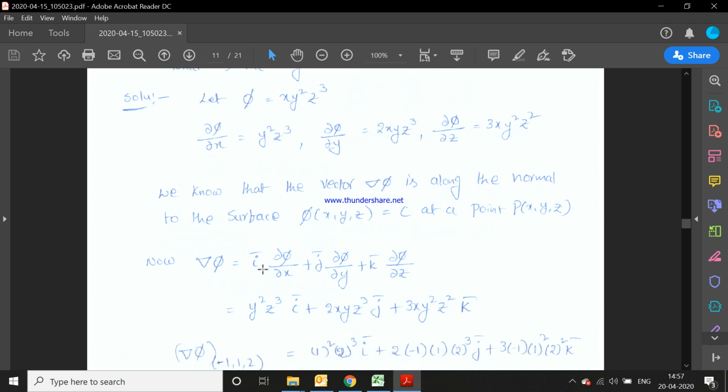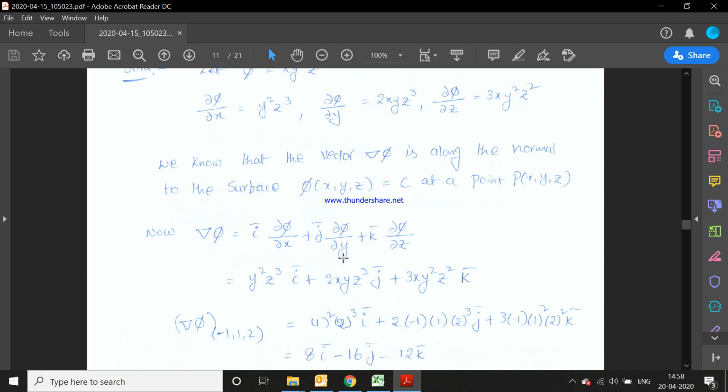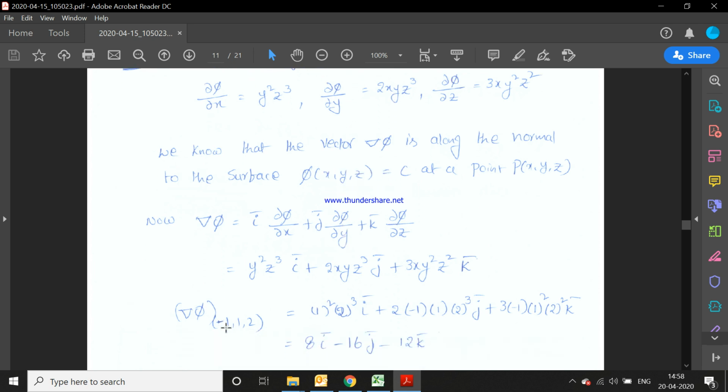So write the formula: del phi equals i bar dou phi by dou x plus j bar dou phi by dou y plus k bar dou phi by dou z. Substitute dou phi by dou x, dou phi by dou y, dou phi by dou z, and del phi at (minus 1, 1, 2), meaning x value is minus 1, y value is 1, z value is 2. Then substitute: y value 1, 1 whole square, z value 2, 2 cube into i bar